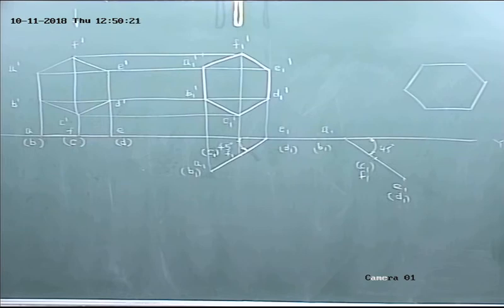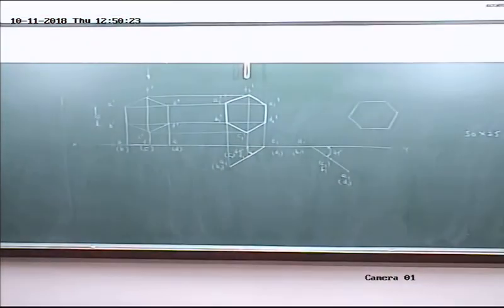So leave 2 pages. So one page is for writing steps. Listen, in the fourth case, two steps are required to get the solution. Similarly, in the fifth position, we have used two steps to get the final solution. Am I right? So in the sixth position, when the plane surface is kept inclined to both HP and VP, we have to use three steps. So one page is for writing three steps, and the other page is for drawing the figure. Okay, just leave 2 pages.